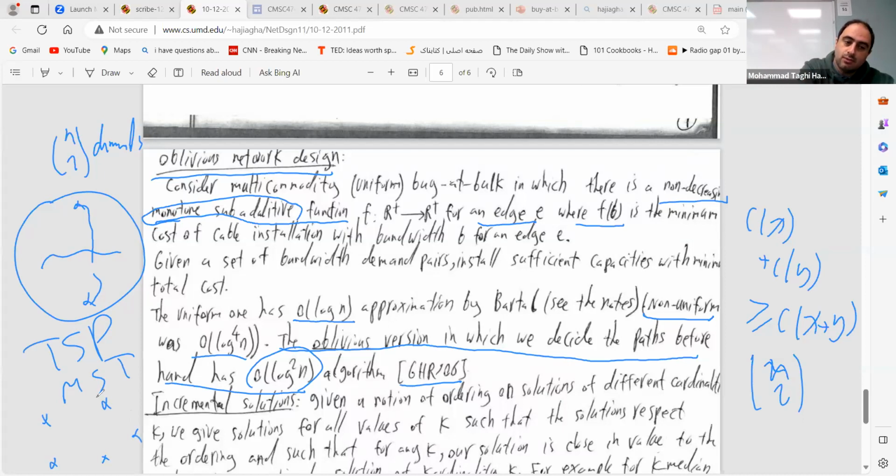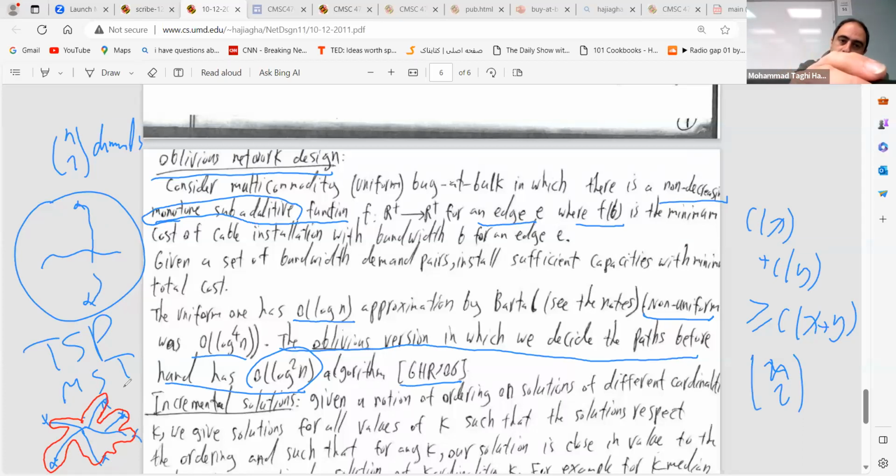Generally, the way to find the tour is that you first find an MST, because any tour anyhow needs to connect these points. So MST is a lower bound for that. The only issue is that you may want to make this MST Eulerian. If you make this MST an Eulerian thing, then you can go through all of these points. You see that you can go there. To get a better approximation than this,